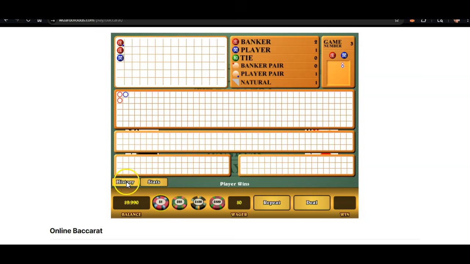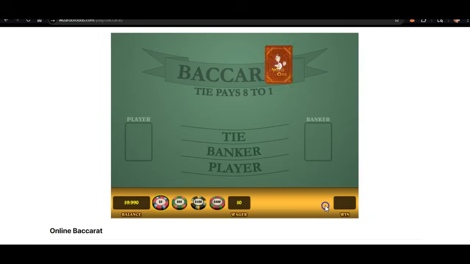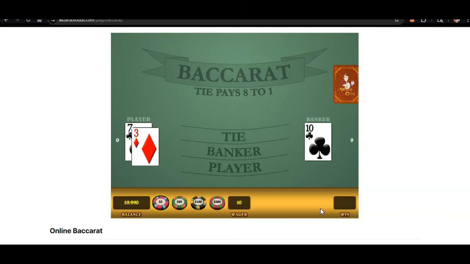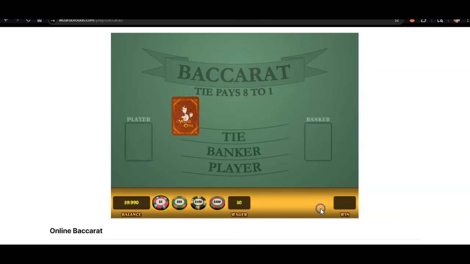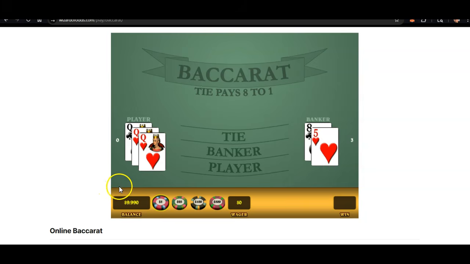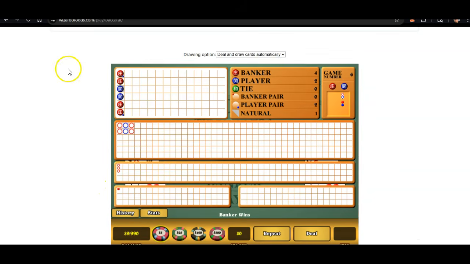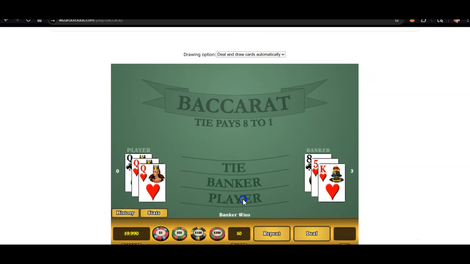All right, here we go. 3, we need 3 more. And by the way, there are a couple of other triggers you can use for this that are really good. All right, so here we go. So we lost here. We use our Serenity money management. We go up a unit, and we have to do a 2-unit bet on player.